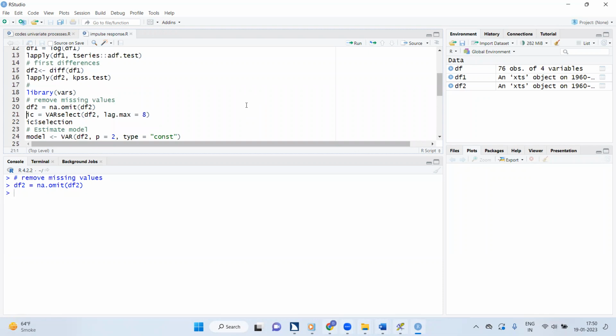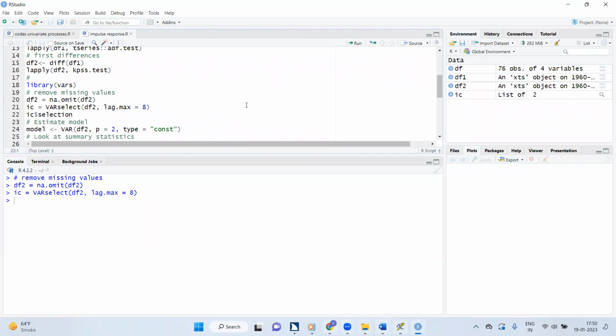Now look at this function: IC equals VARselect. Let's run this command. It has created an object called IC. And if I go to the console and type summary,